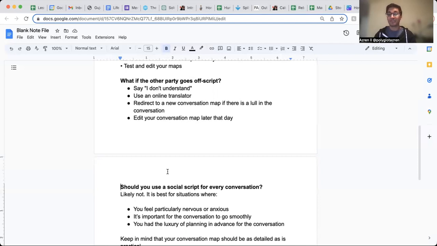If after multiple attempts to figure out what they're saying, and they try multiple times to explain it to you, you're both not understanding each other, inevitably the other person is going to stop trying to explain it to you, and you're probably going to quit as well. It's very frustrating as a listener having someone try to explain something to you multiple times and you just don't get it. It's very frustrating.